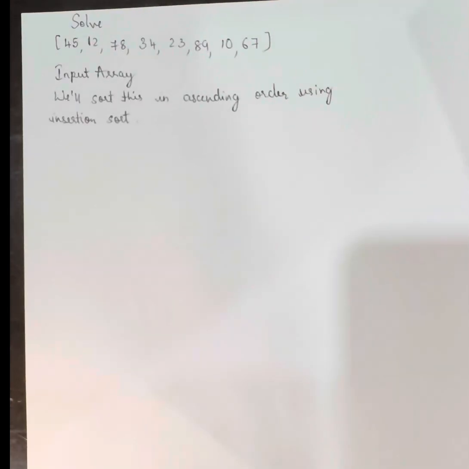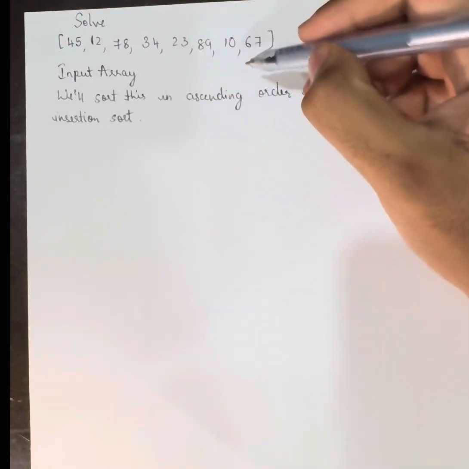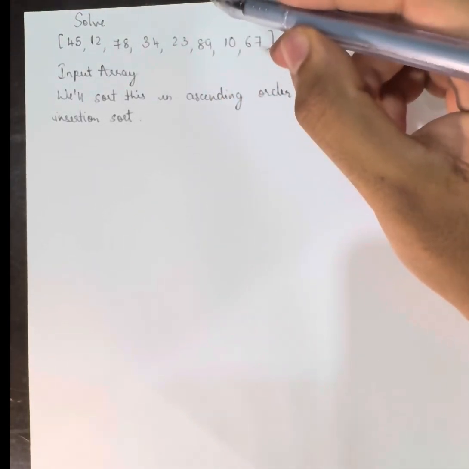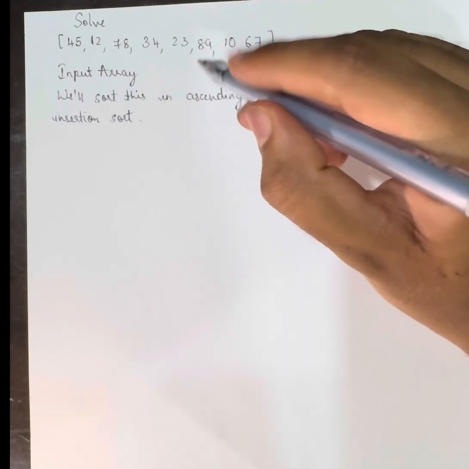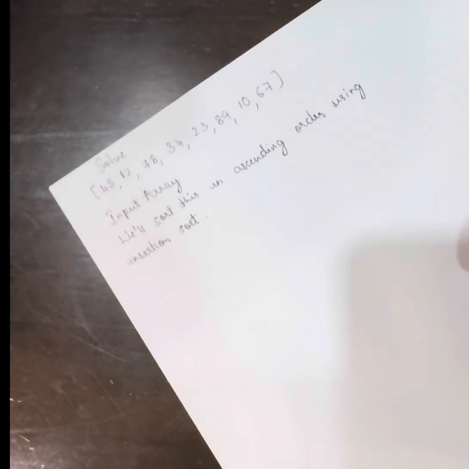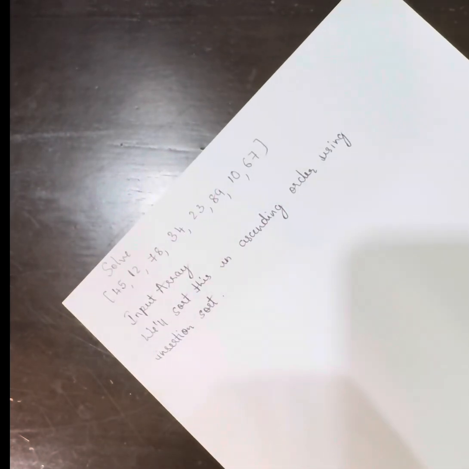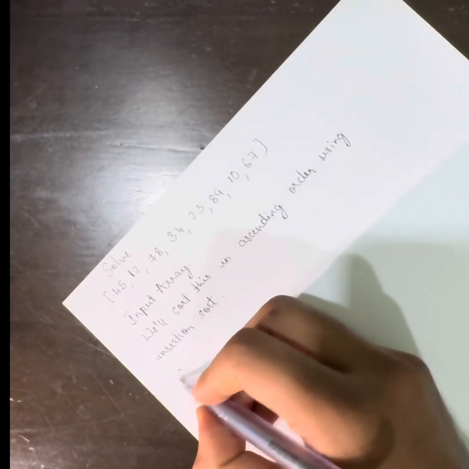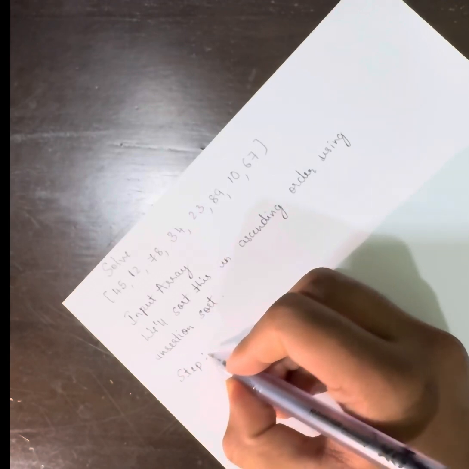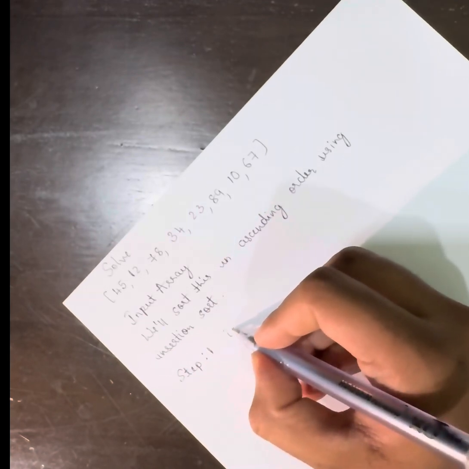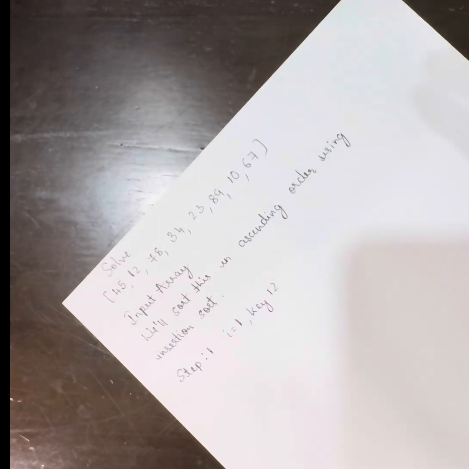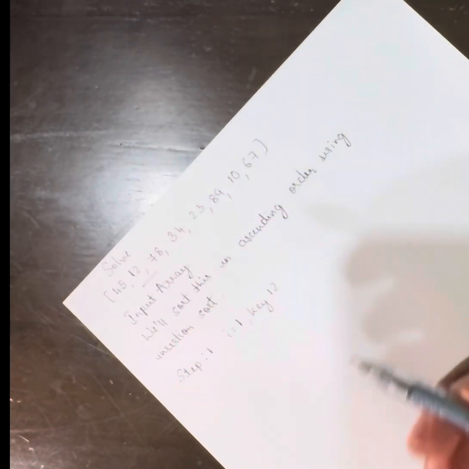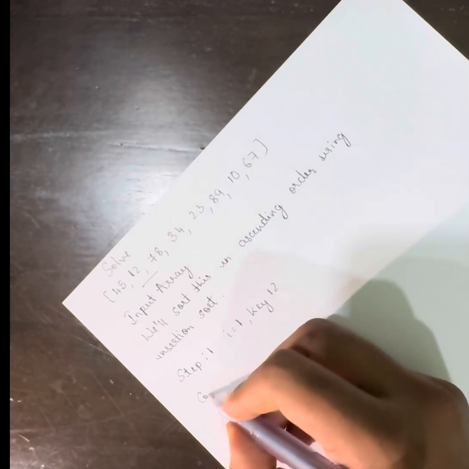We have an example to solve. We have an input array. Let us sort this in ascending order using insertion sort. So we'll do it step by step execution. Step 1, i is equal to 1 and key is 12, the second element in this array. Compare with